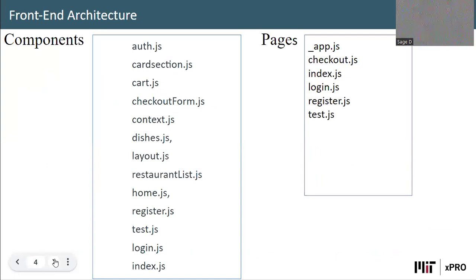So if we start out with the front end architecture, these are describing the component architecture. The project follows a component-based approach with the user interface organized into reusable components. These components are located within the components directory, and they provide various functionalities of the application. For instance,